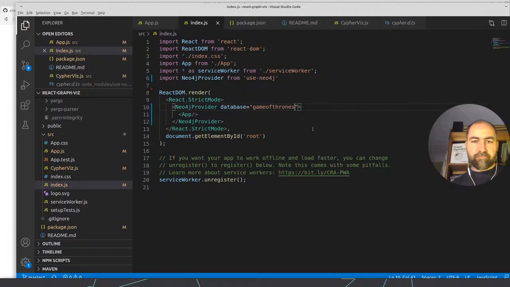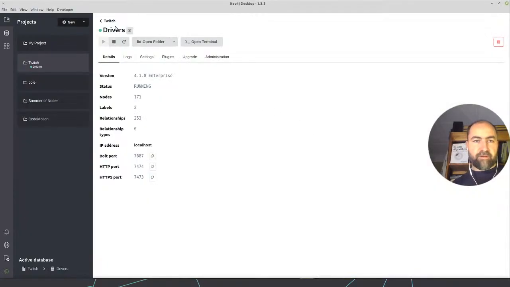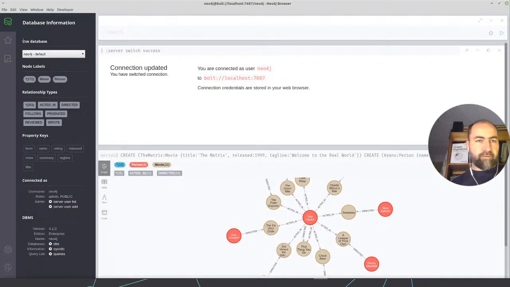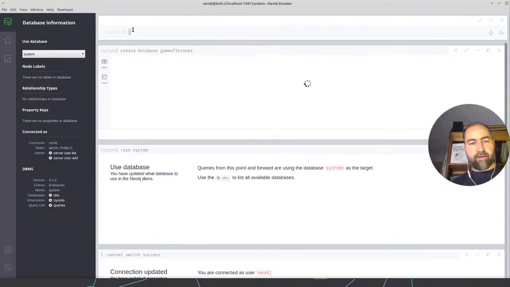And the easiest way to get a Game of Thrones database in here is actually use system, create database Game of Thrones,